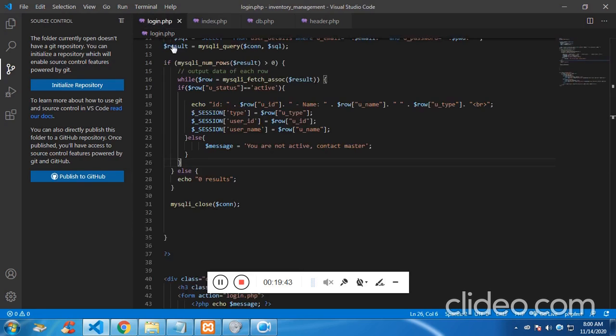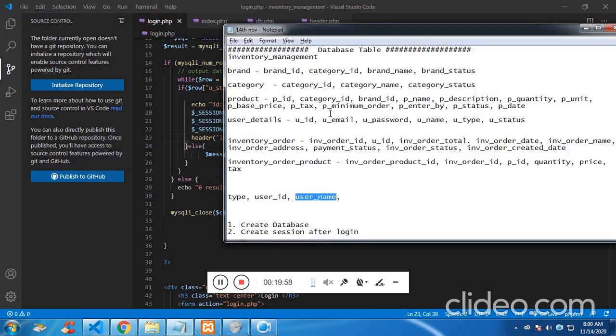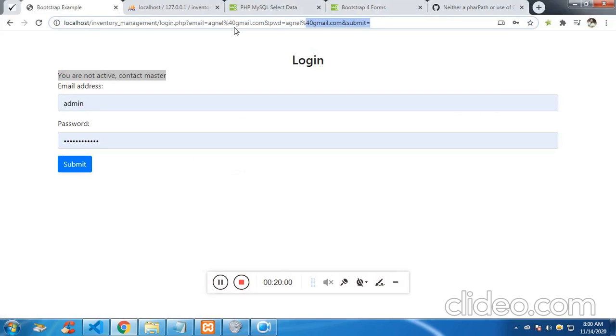Fine. Now once it is logged in, once the session is created, I want it to redirect to the index.php. Let's refresh and try again. You have to see